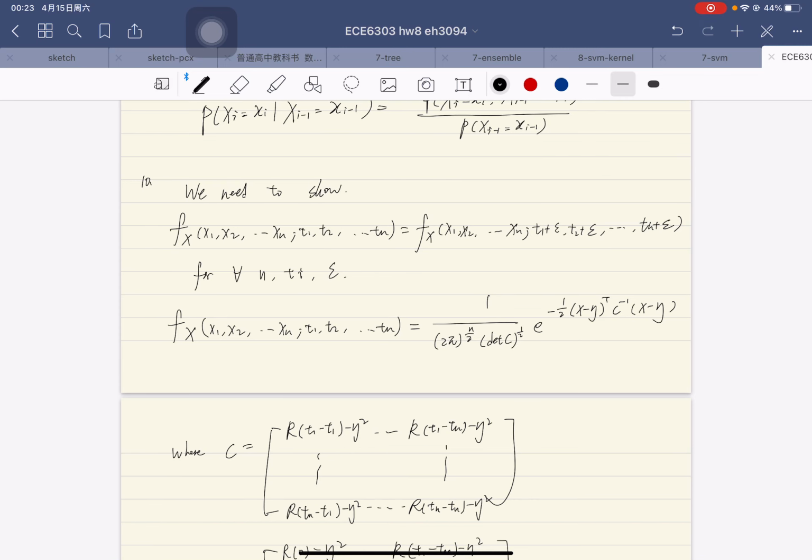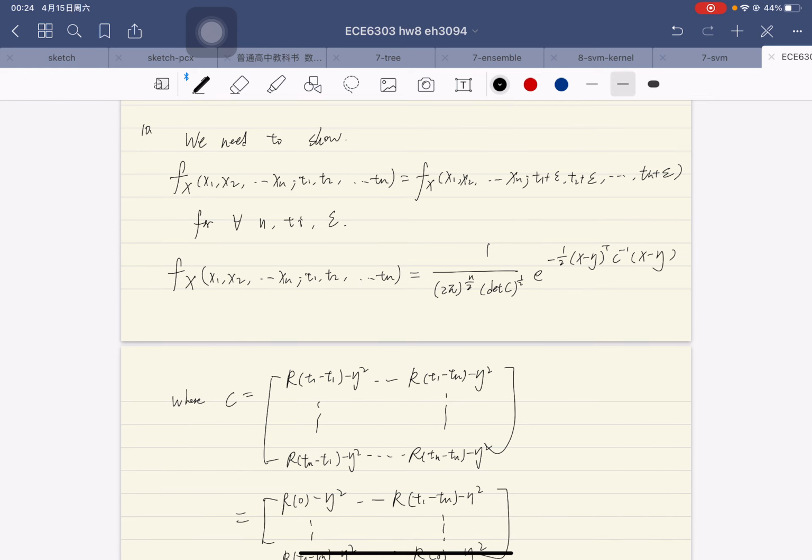The question is, show that if the normal process is wide-sense stationary, then it is strict-sense stationary. So let's say Xt is wide-sense stationary, so the time shift doesn't influence the density function. So we can write down the density function f_X(x1, ..., xn; t1, ..., tn) given times t1 to tn,